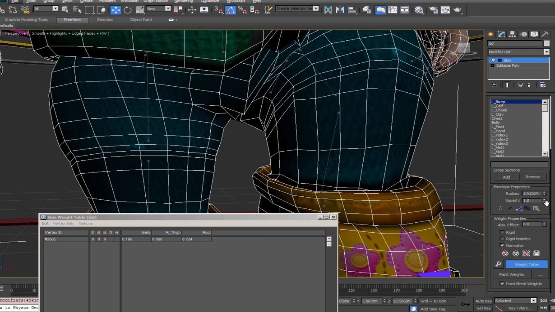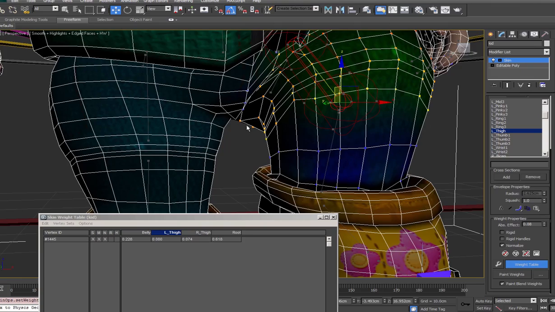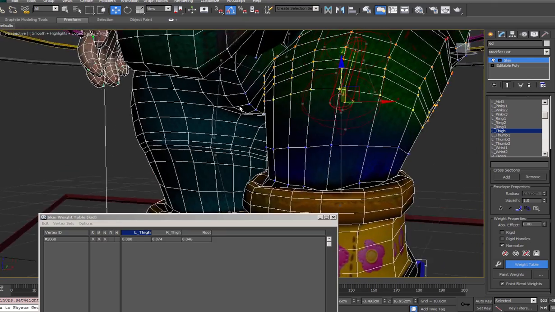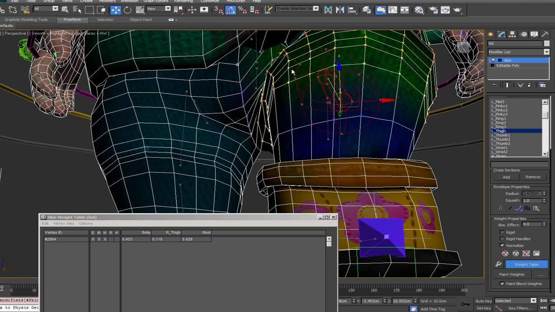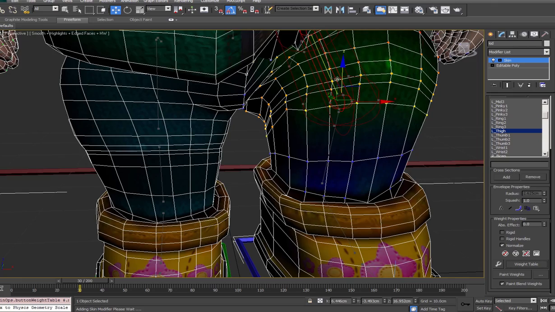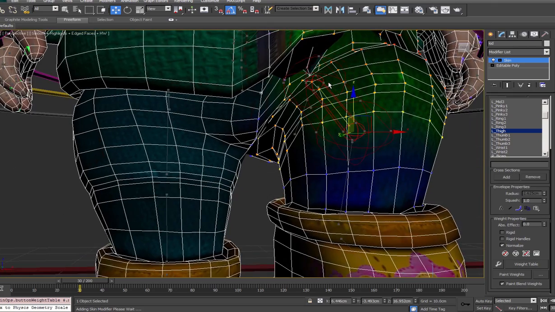This one has to have left thigh applied to it. And we have to use the absolute effect here so that it gets added into the weight table. And that should kind of take care of that seam in the middle. So even after you do the mirror bones, you may have to edit the seam a bit so that it's balancing out both sides. You don't get anything too jagged. But I would say this is probably good enough for now. Again, smoothing everything out, perfect it later.